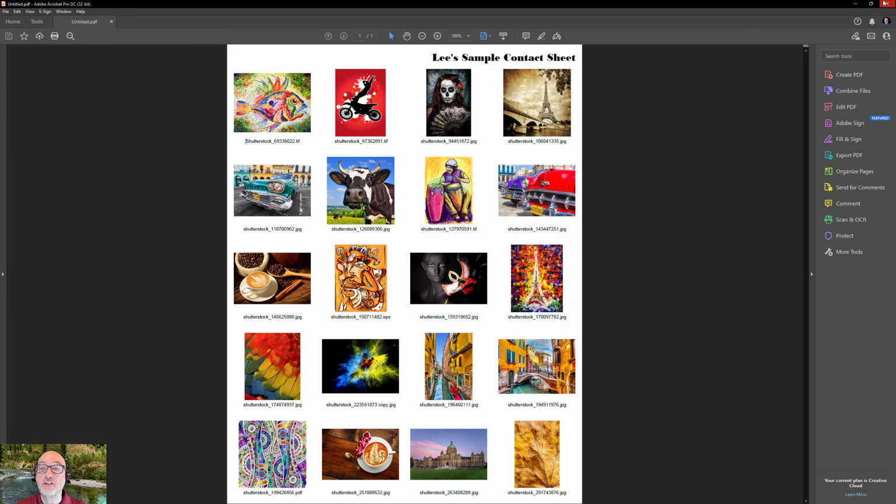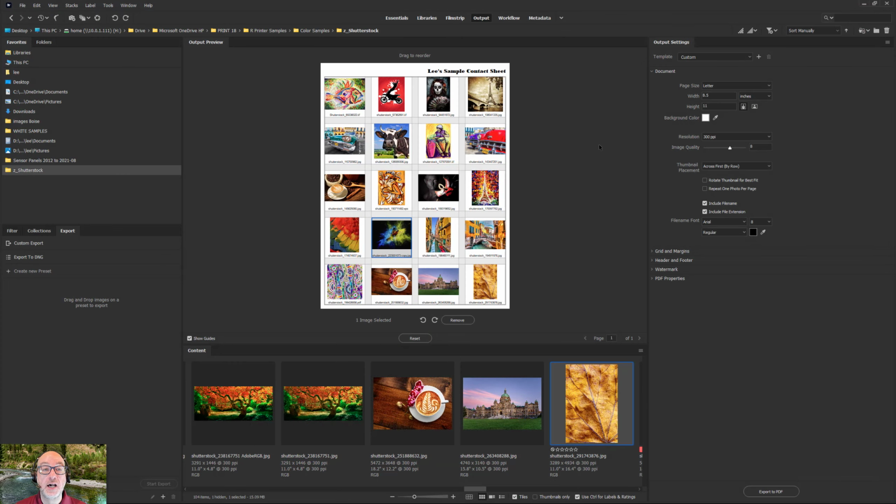So I find that incredibly useful as I'm trying to talk to somebody about certain images for use in whatever. Even just, if a customer sends me a bunch of files, here's what you sent me. Are you sure you sent me everything, or which of these am I supposed to use? It's just easier to send them a sheet like that than to start doing screen captures and everything else. I think it just looks cleaner. It looks a lot more professional. Probably not with Bodoni up top, but